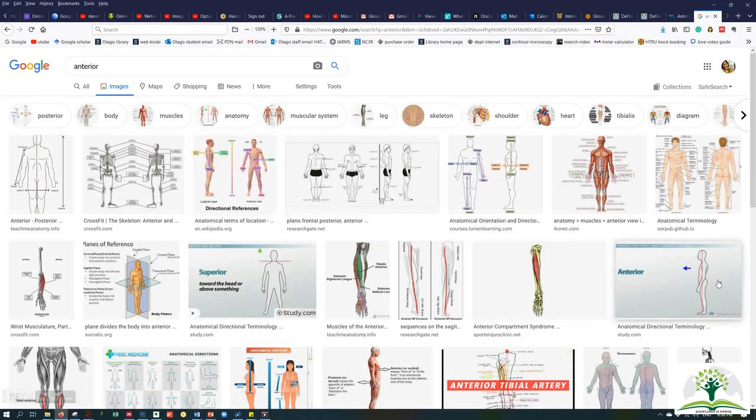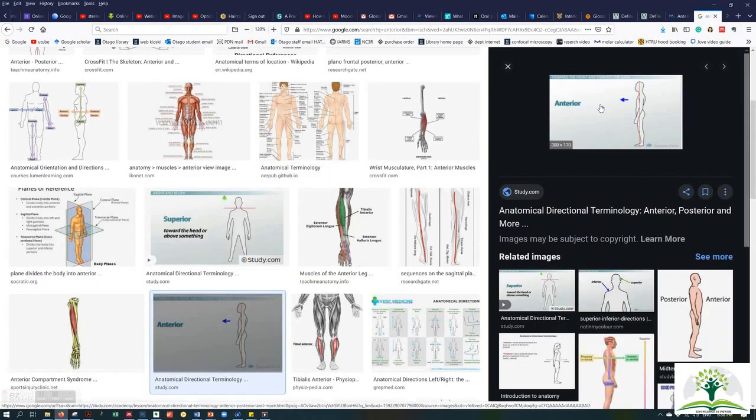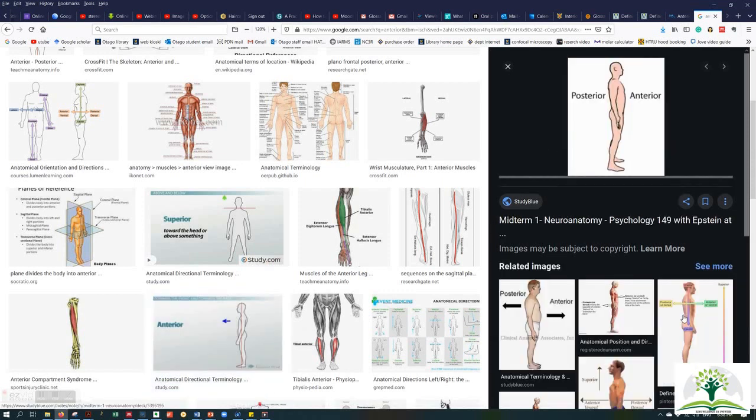For example, this image is not explaining what the anterior is exactly, but in this one it's much more clear because it gives you the opposite term as well: the anterior surface of the body, and the opposite term is posterior, that is the posterior surface of the body.